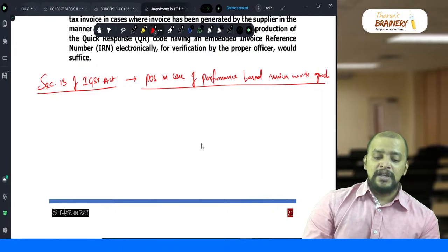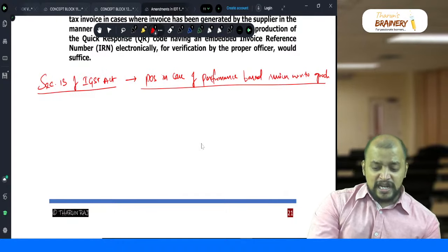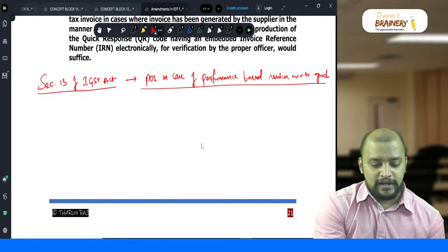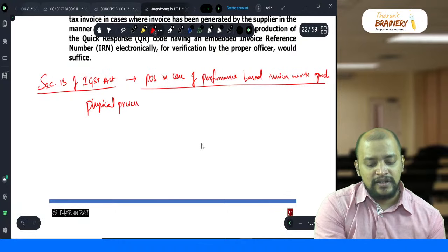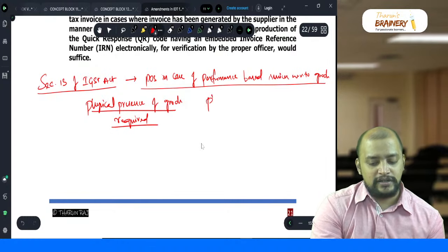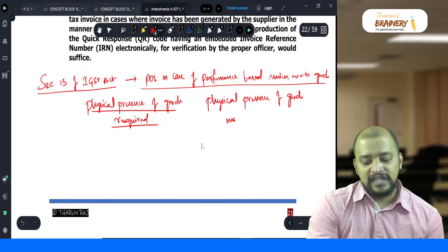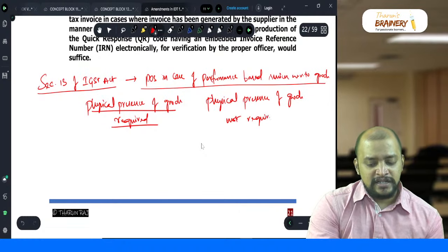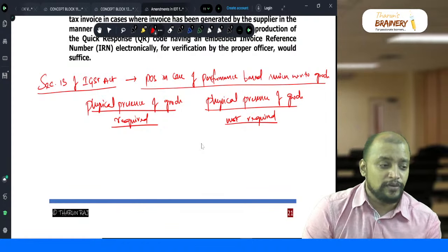Now, what does it say? It depends on whether the physical presence of the goods is required or not required. Physical presence of goods not required means we will do the performance based service in relation to goods